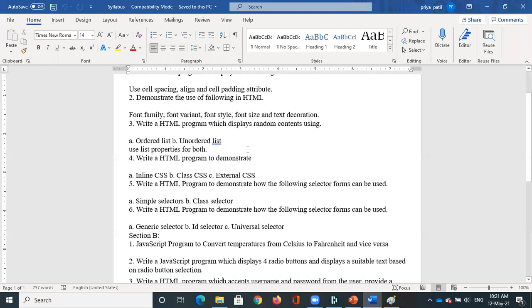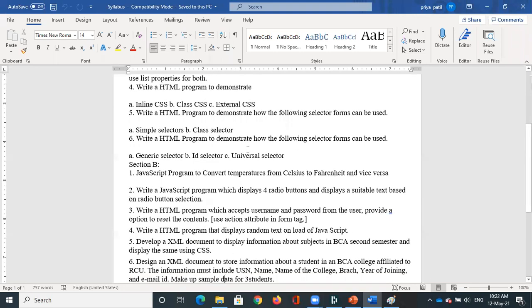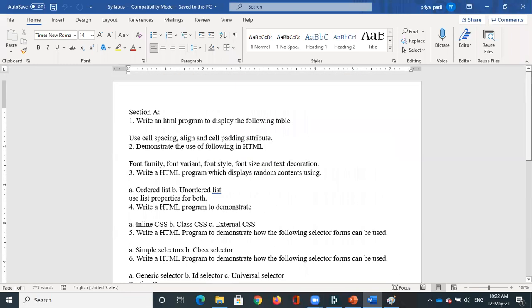And then in the second unit, we have programs related to JavaScript, and some related to XML. So these are the 6 programs. In JavaScript, we'll have some programs where we require a few formulas or some logical parts, like we have studied in the if statement, else statement. Those things may be required when we actually start using JavaScript. Until we start with JavaScript, logical things are not at all included. So this is the brief introduction about the theoretical and lab syllabus.